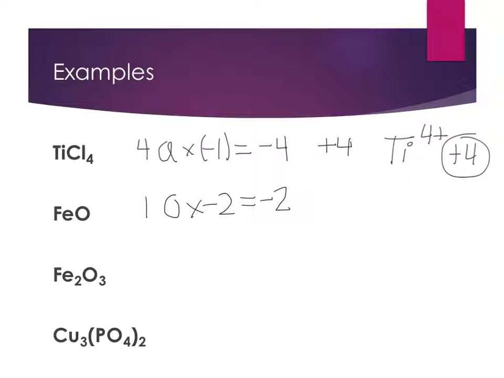And so we need a +2 on the other side to make it neutral, and we only have one iron, so that means that the iron has a +2 oxidation number. Because we have 1 times +2